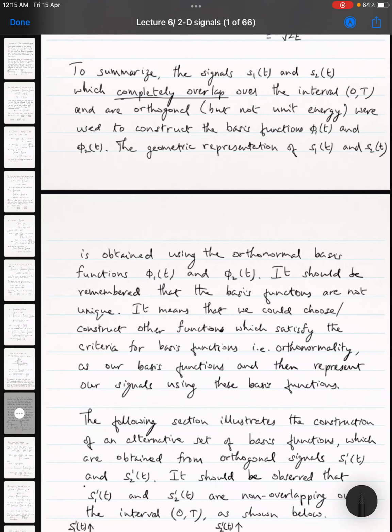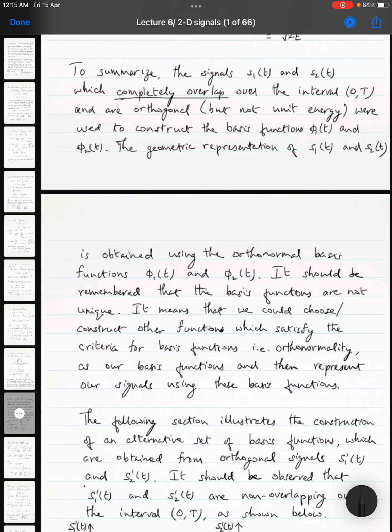How to get the geometric representation of signals in terms of the basis functions, and we can clearly get a lot of information related to the signals, in terms of the angle between them or the distance between the signals, and so on, in an intuitive way once we have the geometric representation. The next part of the discussion is that these properties of the signals, in terms of the energy of the signal, or the norm of the signal, or the distance between the two signals, or the angle between the two signals,